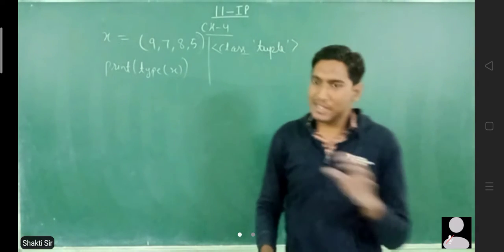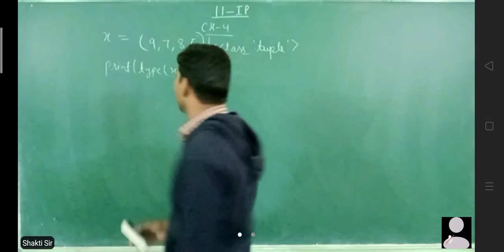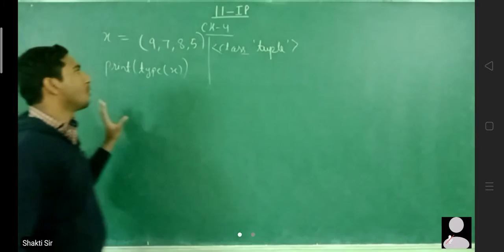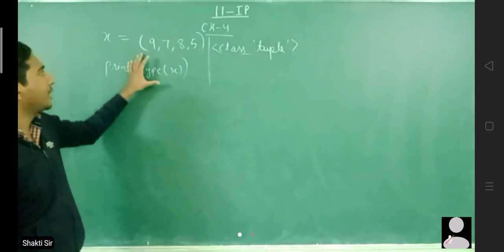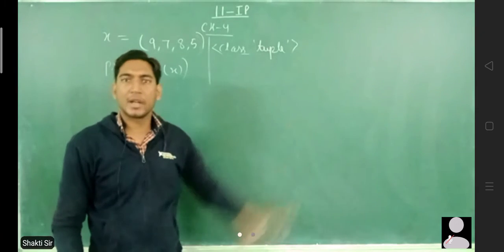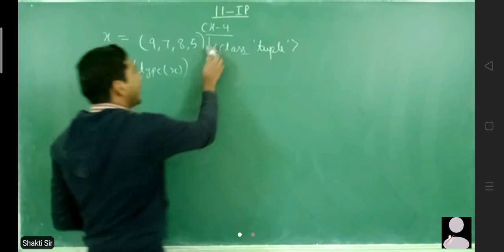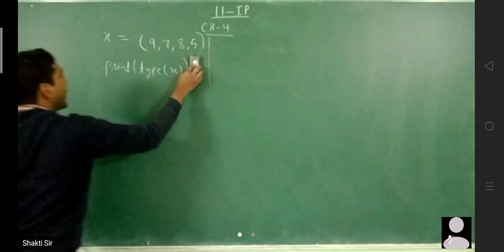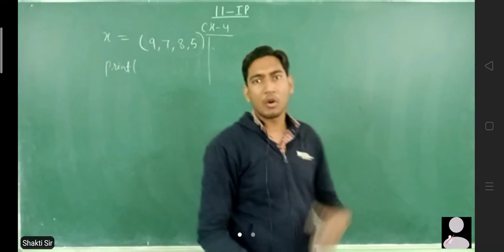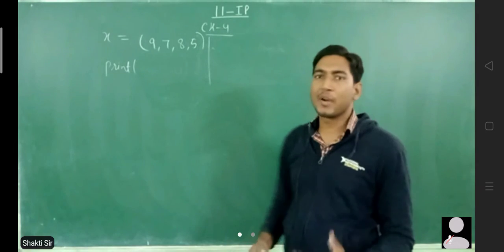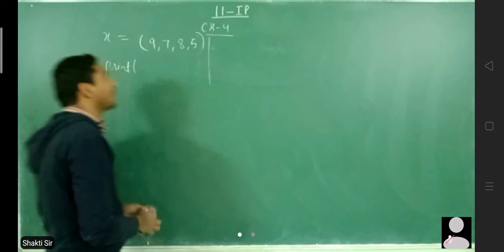Okay, we will see that later, what the difference between a list and a tuple is. But for now you can remember that a tuple is declared using parentheses, whereas a list is declared using square brackets. Okay. Now let us see the second thing. How do I know the number of items in a list? Do I count manually or should I use some function? Definitely we have a function, and the function name is len.